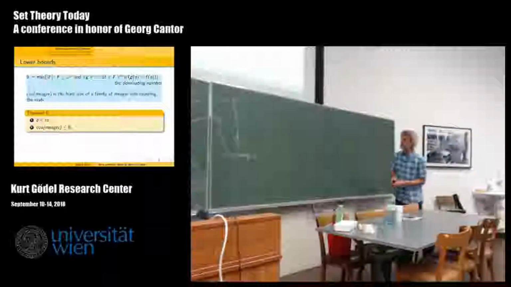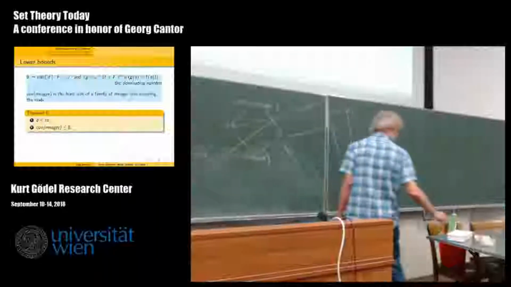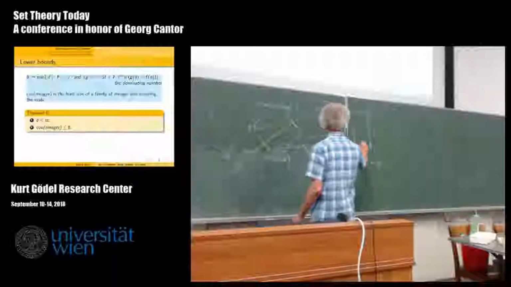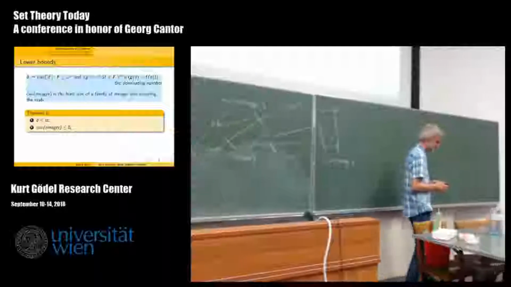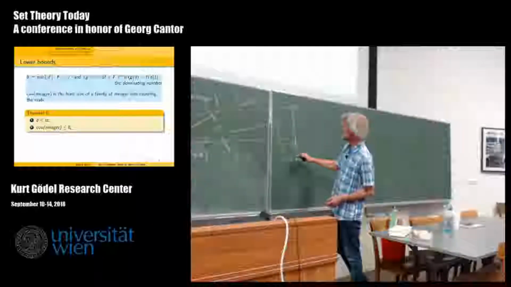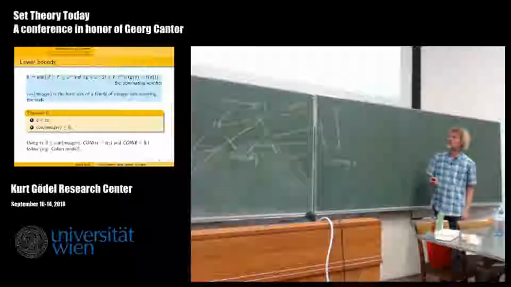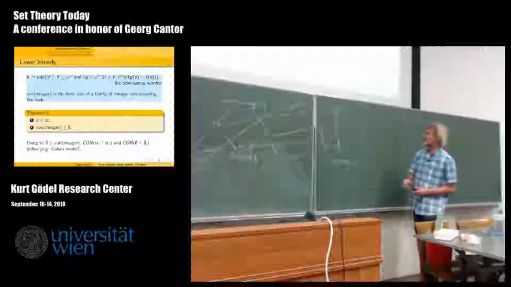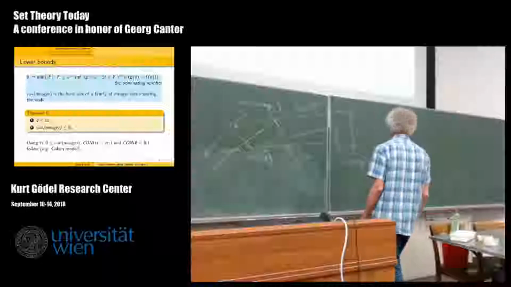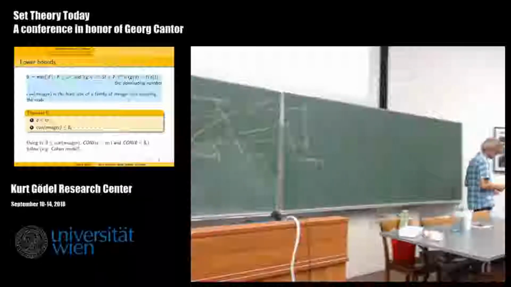Well, there are some other relations. For example, D is above S, and D is above B, so there are some more. There is this one, and there is this one. But that's not important. The important thing I want to stress is just that these are lower bounds for these two cardinals. And then, of course, we can see that these are strictly larger than the ones on this side. And the point is simply we can use the Cohen model, which is the simplest model for the negation of the continuum hypothesis.